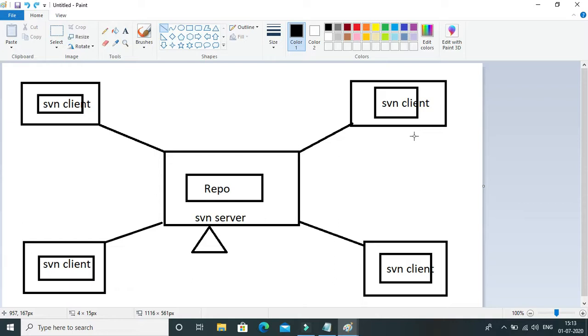As a developer, we only install the SVN client software on our machine. Using the SVN client software, we connect to the SVN server.